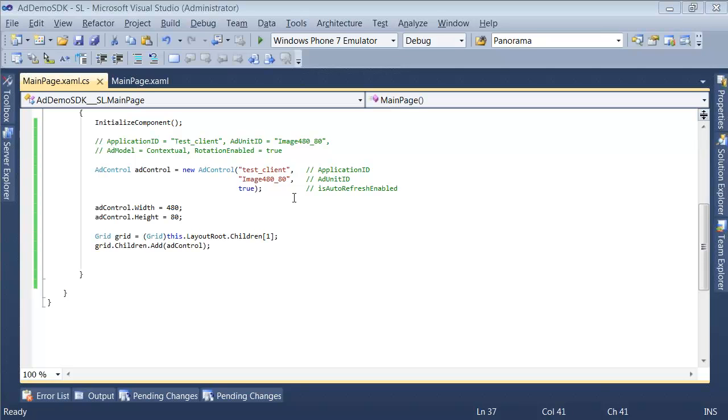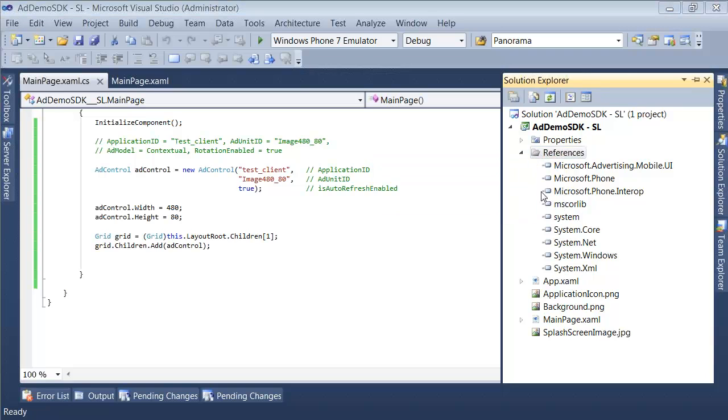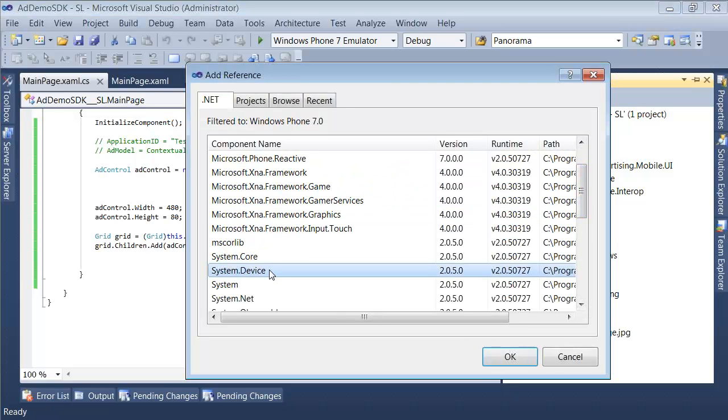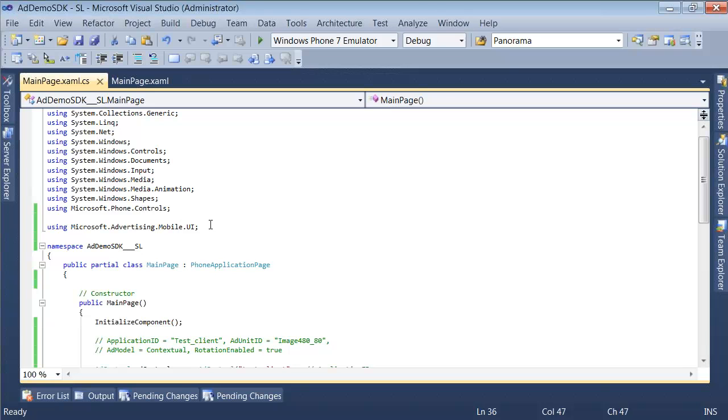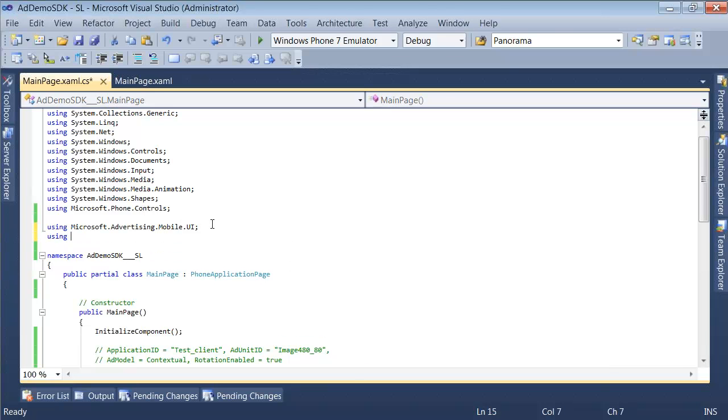All right, in order to do that, we need to add another reference, this time to System.Device. So we'll go over here. Add reference, System.Device, and that's because we're going to be using the GeoCoordinateWatcher class, which uses the GPS to tell us more or less where we are so that we can pull ads that are local to a specific area. So we add the reference, yep, there it is, and then we're going to add a using statement, of course. System.Device.Location,